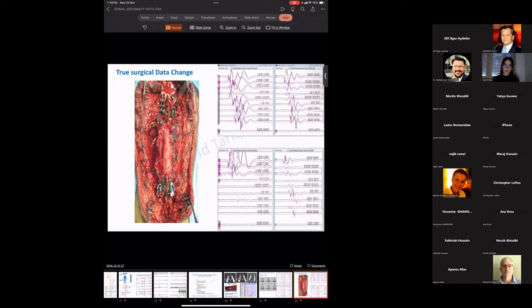Now, this is a true surgical data change where you can see that there is a significant VCR, there is significant decompression as well on the cord, and you can see on the right side top, we have left MEPs, then the right MEPs, and you see the bottom 2 pictures. We're seeing the upper limb is intact, but the lower limbs are down. So this is a true change, and in that way, we're able to communicate to the surgeon that on the left side we are seeing a significant drop, approximately reaching 100% drop, and on the right side, 50% drop, and that way we communicate to the surgeon and decide what is the next best step to do. Mostly, it is the reversal of the procedure, the derotation, reverse, or even suggest at times